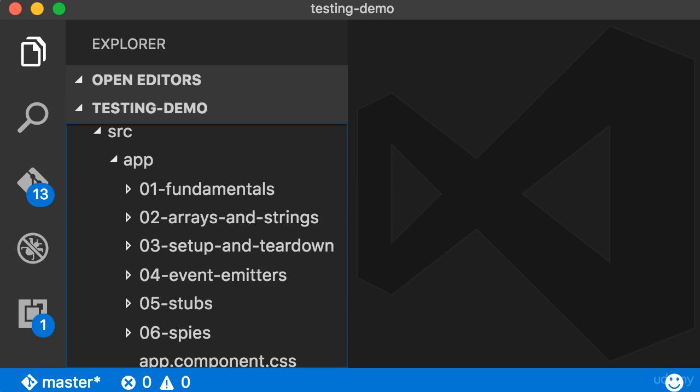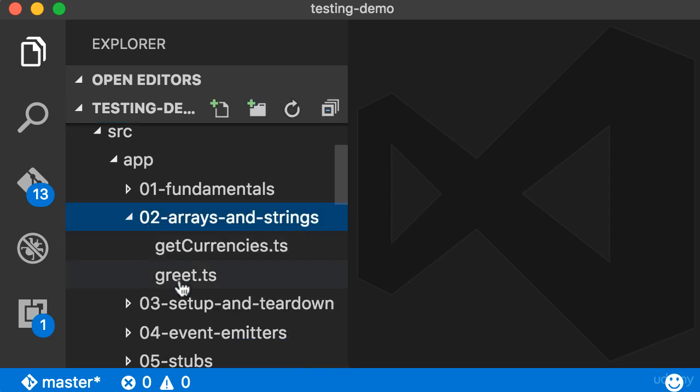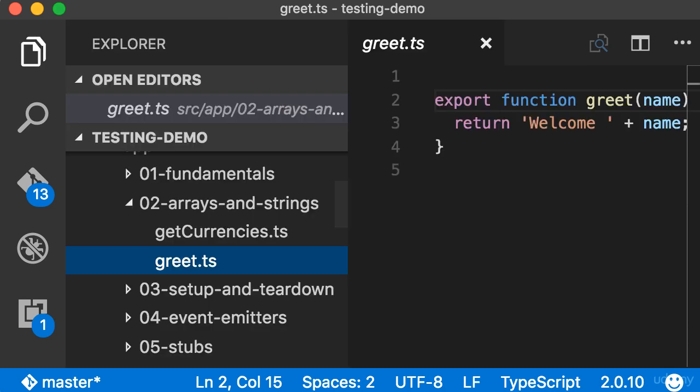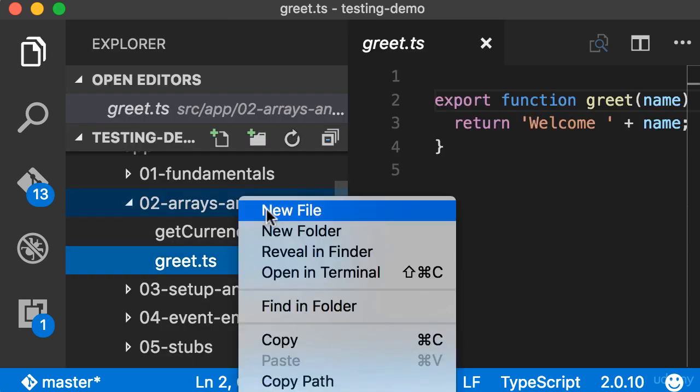All right, now let's see how we can test strings and arrays. So in the second folder, arrays and strings, let's take a look at this greet function. A very simple function, we give it a name and it returns welcome plus that name. So once again, I'm going to create a new file,